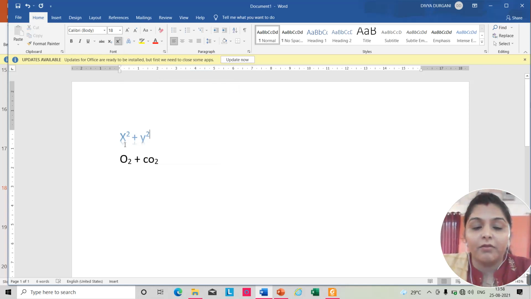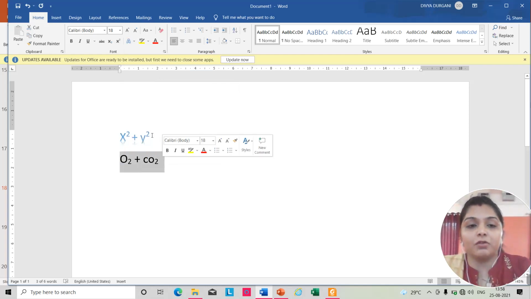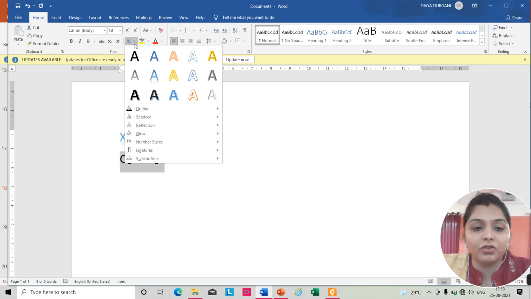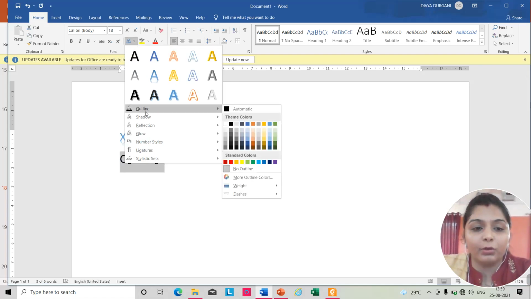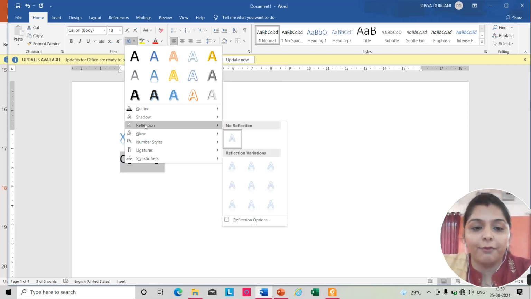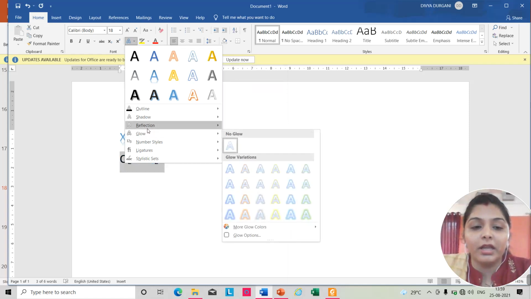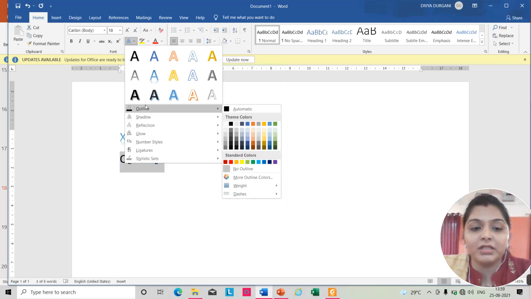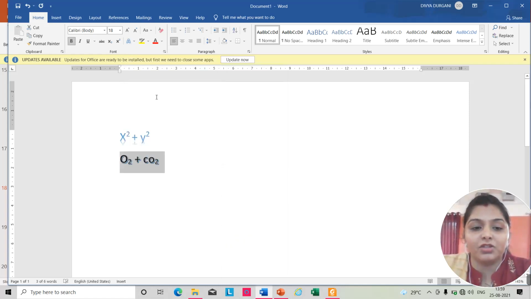See, we have reflection, shadows, each and everything over here. Again, if you want to apply a different effect, you can choose here. See, outline, shadow, reflection, glow, different styles you have here, dear children.